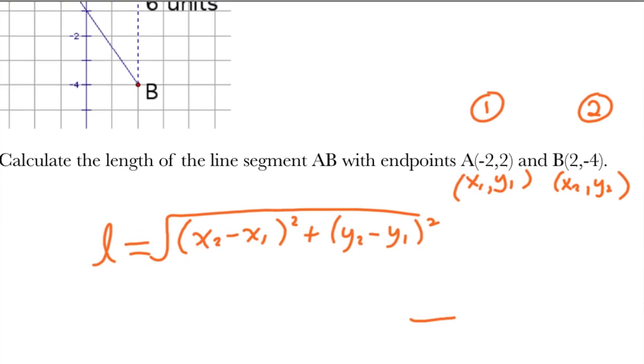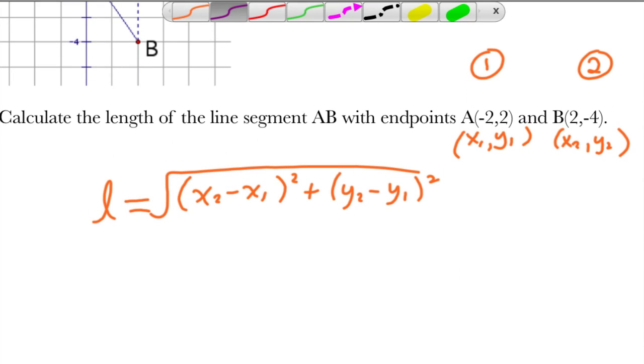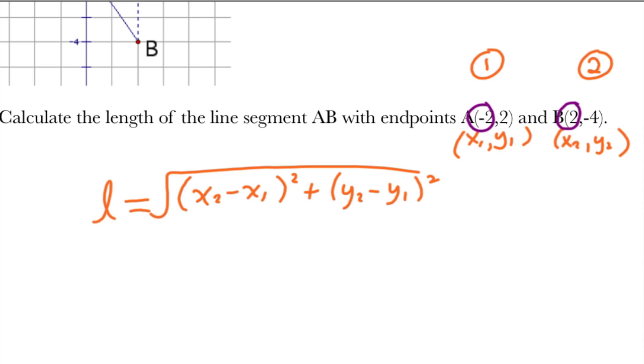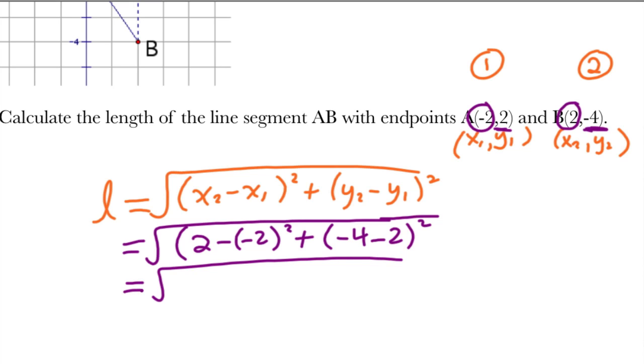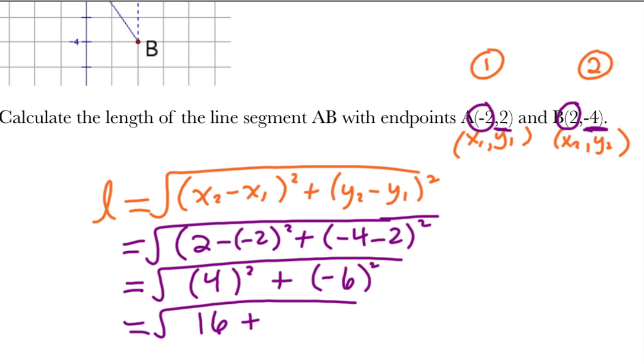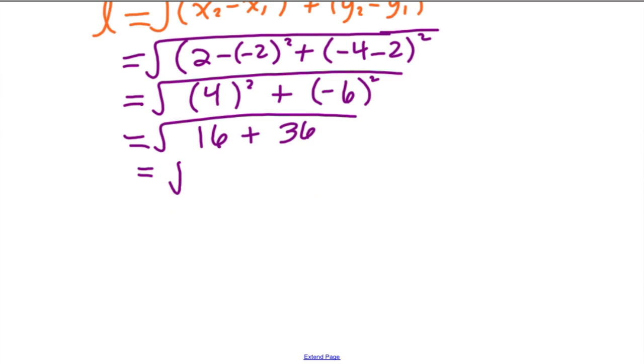And now all we need to do is sub in the ordered pairs where they go. Subtract my x values first, my x2 and my x1. x2 is 2 and x1 is -2, and we subtract. And then the y's, we're going to subtract -4 and positive 2. And it's squared. So you have to remember things like 2 negatives side by side means that you add, so that's 4 squared. And -4 minus 2 more is -6, and it's squared. So that is equal to the square root of 16 plus 36, the square root of 52,